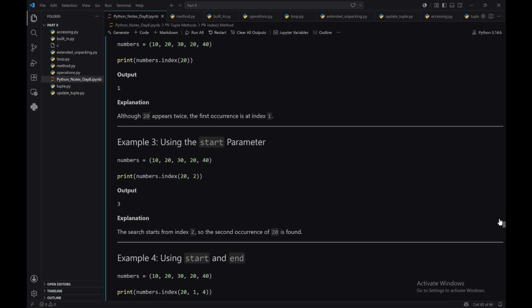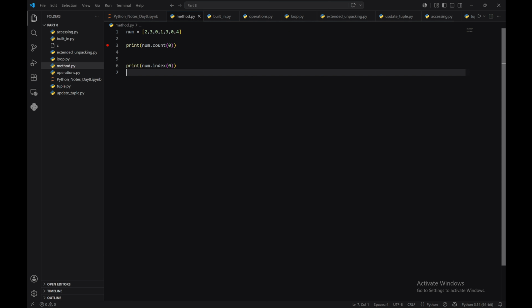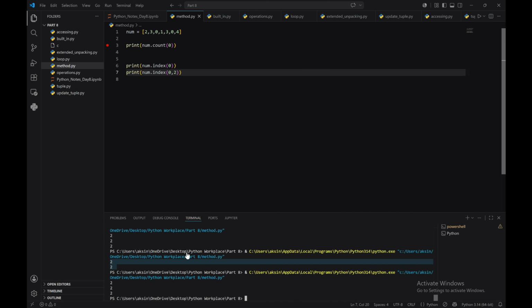Using the start parameter, it is going to find the index of the second occurrence. It is going to skip the first one and go directly to the second one, such as here you can see for number 0 to 20. Here you can see for number 0, and if I take comma 2, it is going to find where the